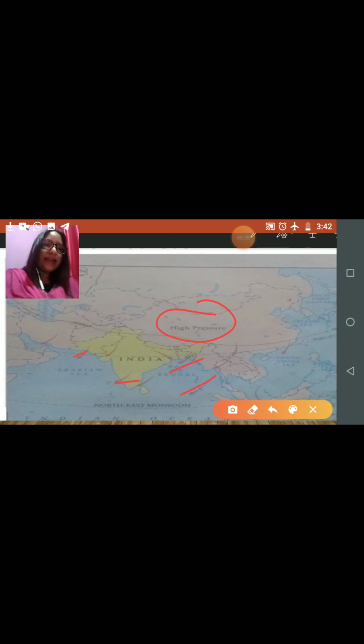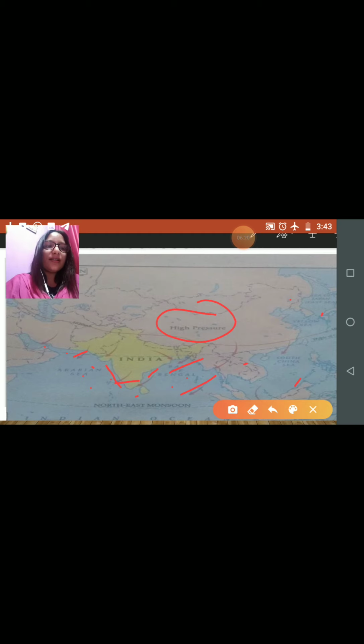As they cross the seas, they gather moisture and bring rain to the coastal regions that lie in their path, such as the coast of Tamil Nadu. These winds are also known as the northeast monsoon or the retreating monsoon. Countries like Indonesia, the Philippines, Malaysia, Japan, Vietnam, and Sri Lanka also receive rains during this season from the same source.